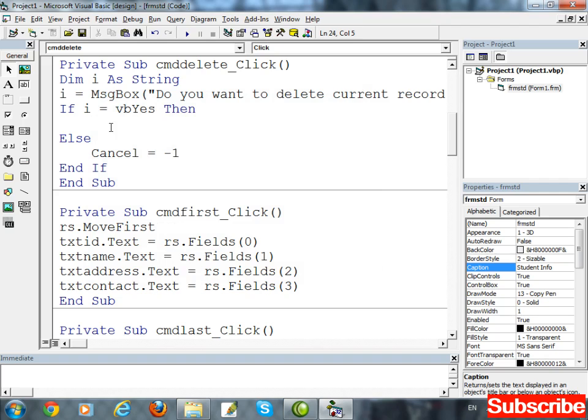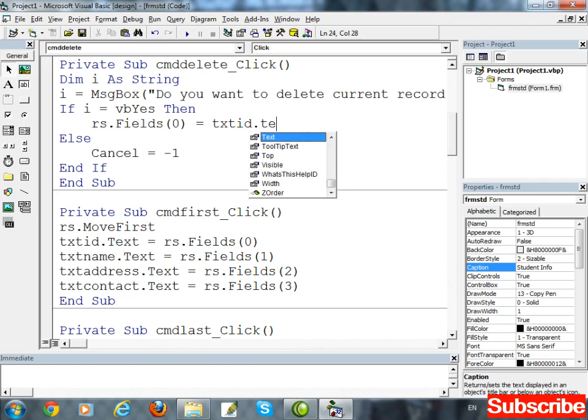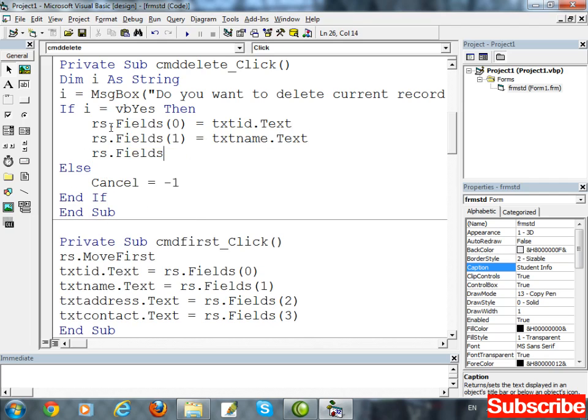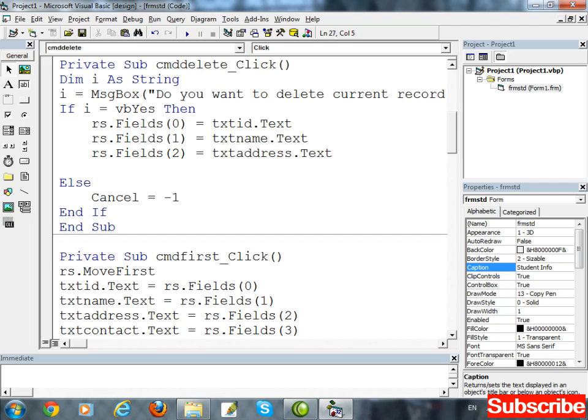And for Yes, rs.Fields(0) equal to, assign the value of txtID.Text to rs.Fields(0), the index number inside the database, inside the table. rs.Fields(1) equal to txtName.Text, rs.Fields(2) equal to txtAddress.Text, and rs.Fields(3) equal to txtContact.Text.